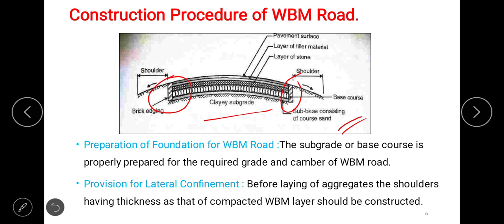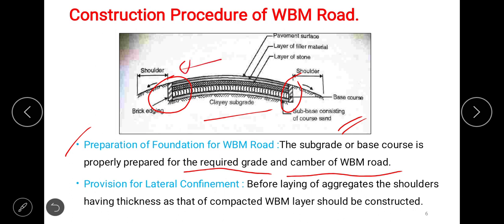What are the various steps? First of all, we have to prepare the foundation for WBM road. The subgrade or base course, sometimes it is called, is properly prepared first for the required grade and camber of WBM road. So here clearly camber also is visible.